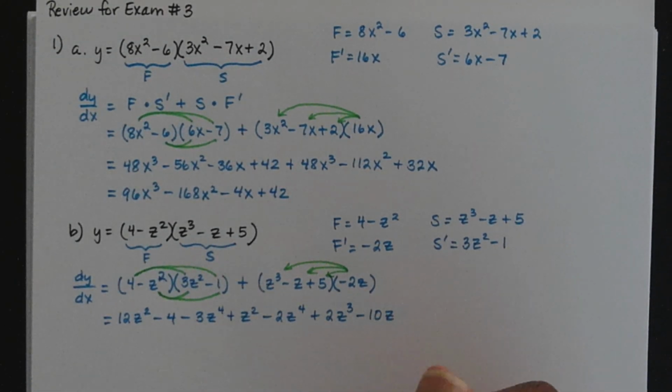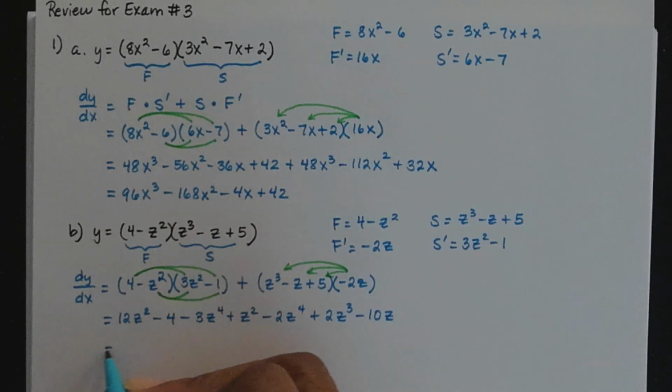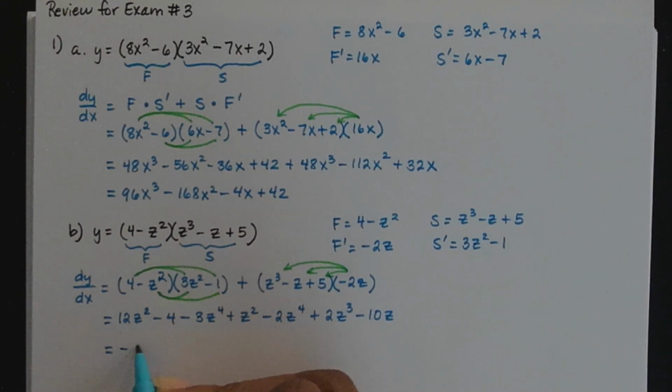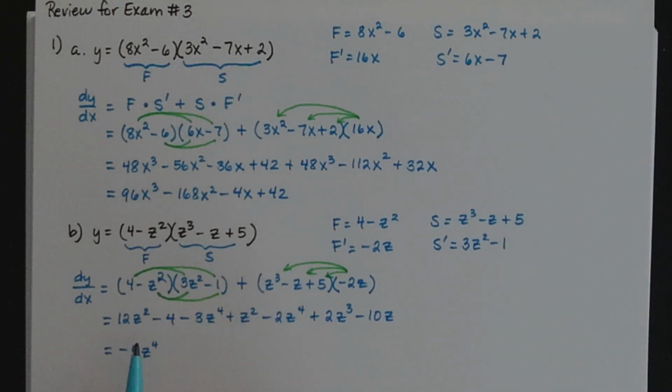And from here we combine like terms here. Let's see what we got. I'm going to do all of this in descending powers here. Starting with this minus 3z to the fourth minus 2z to the fourth. Well, minus 3 minus 2 would be a minus 5, and then z to the fourth. Let's see, with the cube,